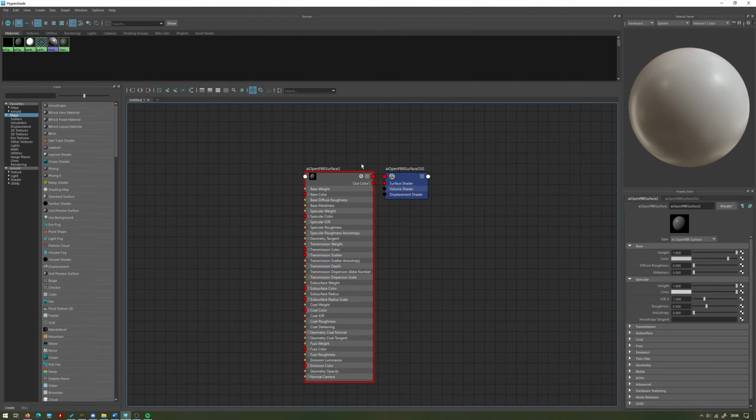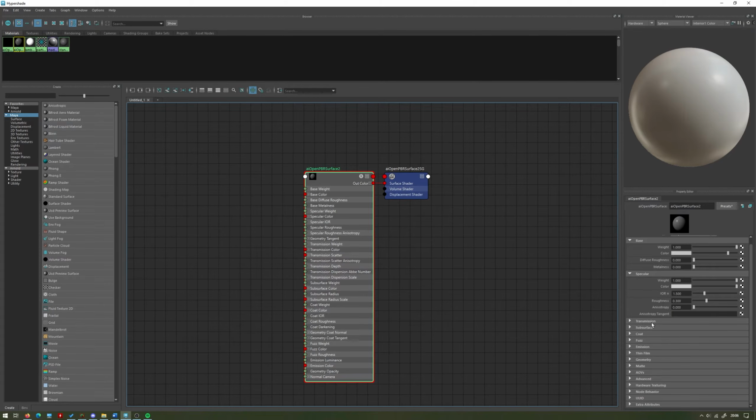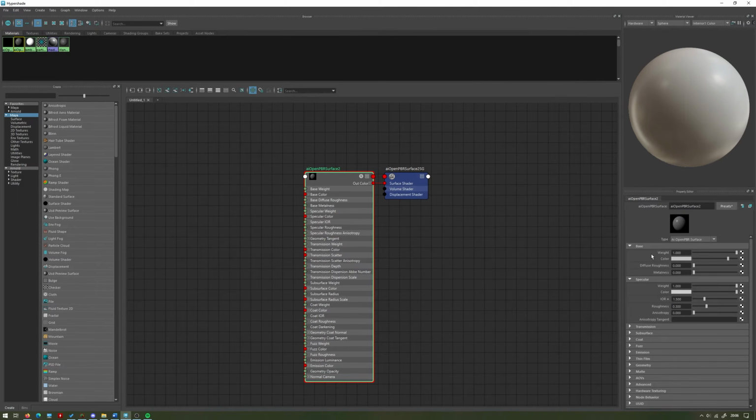But once we create this, you can see it looks like the Lambert, but there's a lot more green and red circles, a lot more inputs. It still has the out color plugged into the surface shader, right? But there's a hell of a lot more instructions and settings that we can change here. And you can see that reflected on the right-hand side in the attribute editor as well. There's a lot of different tabs for transmission and all sorts of things. But let's take a look at some of the core ones that you're going to be using for the vast majority of your work, and at least the basic ones that you need to get up and running, creating your first material with the